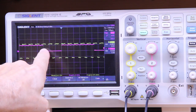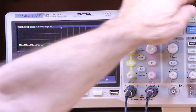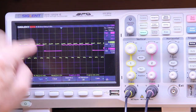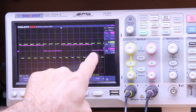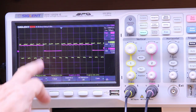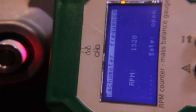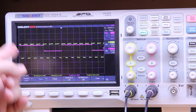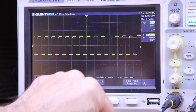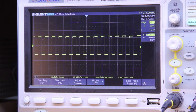And so this is a full revolution from here to here. Let's stop so we can read it better. And as you can see, there are 1, 2, 3, 4, 5, 6, 7, 8, because yes, this is a little bit shifted, 8 pulses of the tachometer per revolution. So the tachometer probably has 4 magnets, like a cog. The frequency is 8 times higher than the actual revolution of the motor. 217 hertz of frequency from the tachometer,